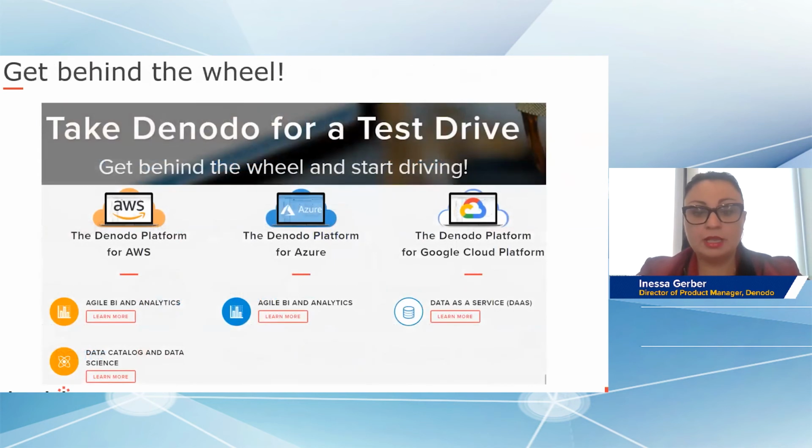And more importantly, and I think this is critical, you want to be able to test the product. Take the product for a test drive. You can use the test drive of the Denodo platform with your own data or with the prepackaged data. You can deploy it on any platform, be that AWS, on-prem, Azure, any cloud environment. See what you can do. See how you can connect all of the data. It's not only about collecting the data and creating the data lake. It's how you're going to access the data and how you're going to expose the data to your business consumers.